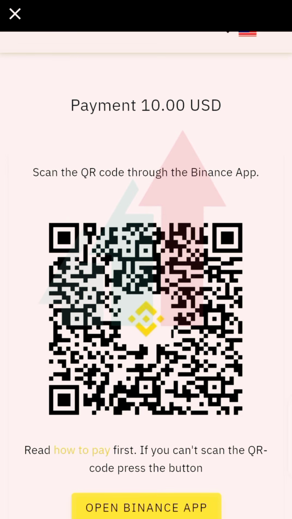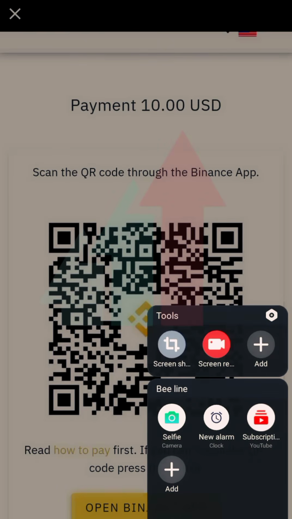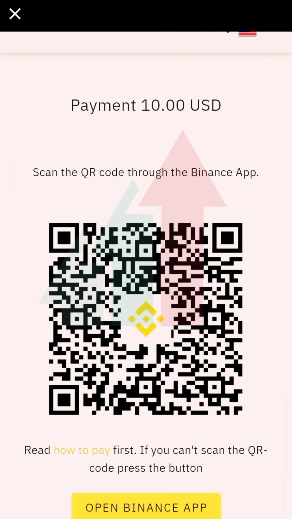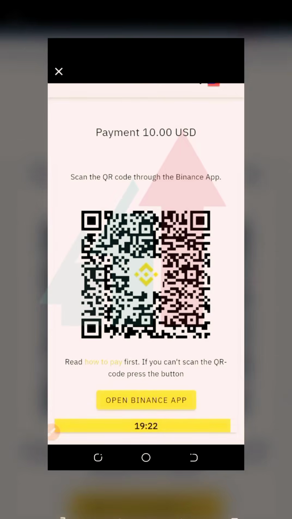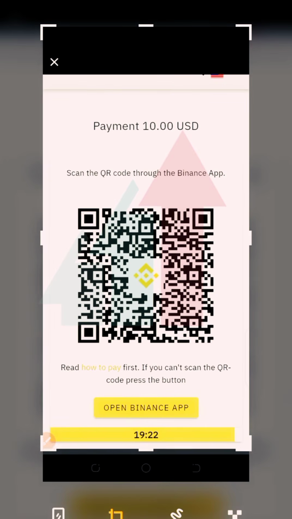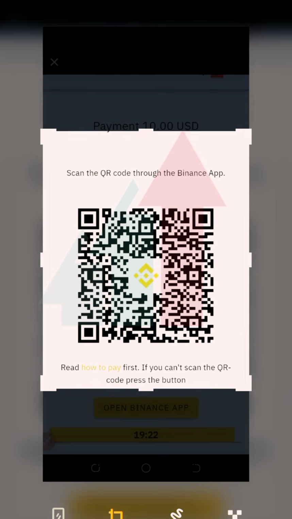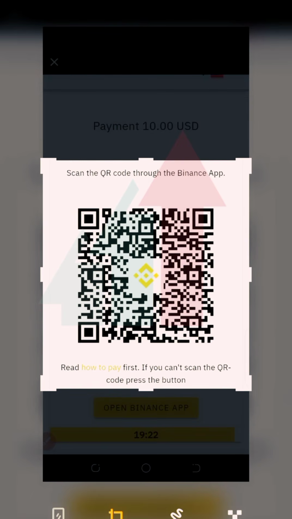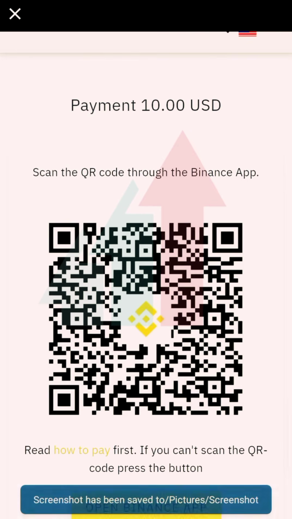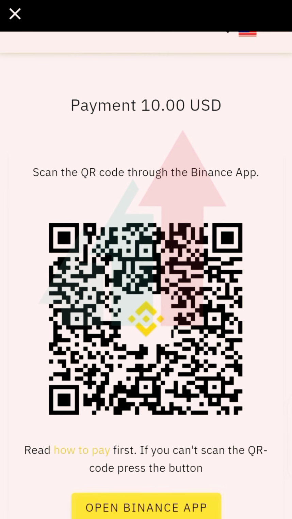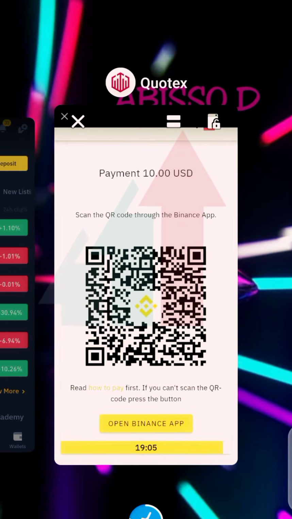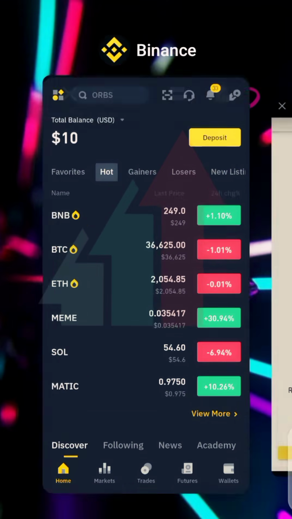So I'm going to take a screenshot. There we go. Then I crop the code, this QR code. Then I save. So now I've saved. So if you have taken a screenshot, after taking the screenshot, just go back like this and go to your